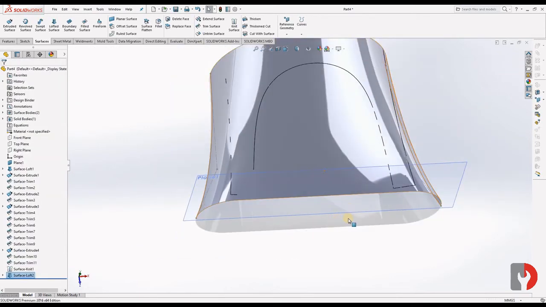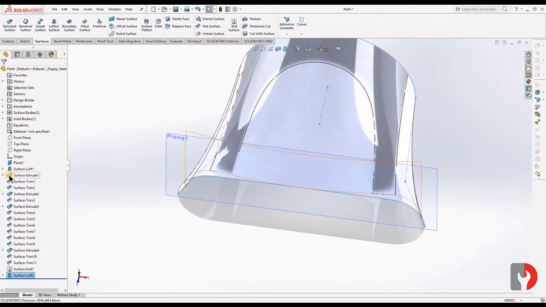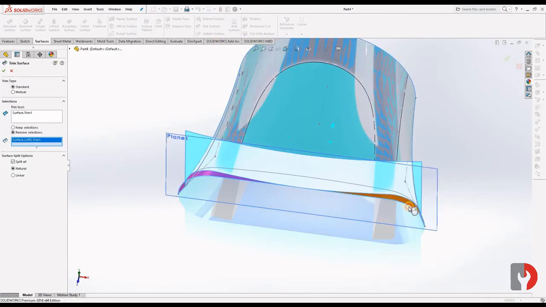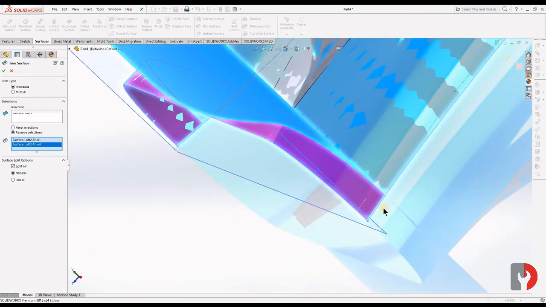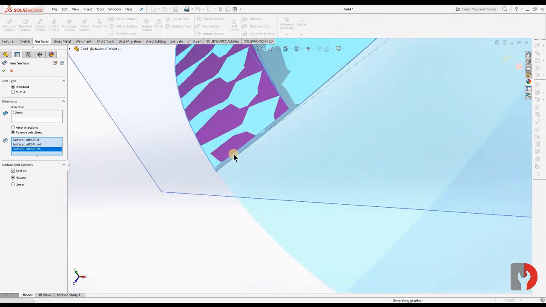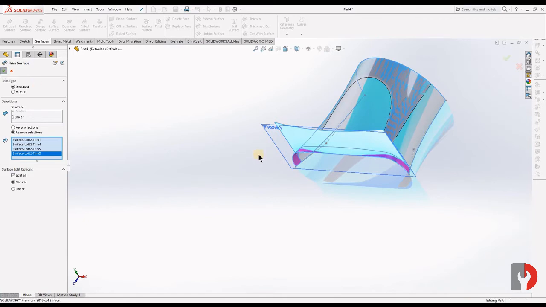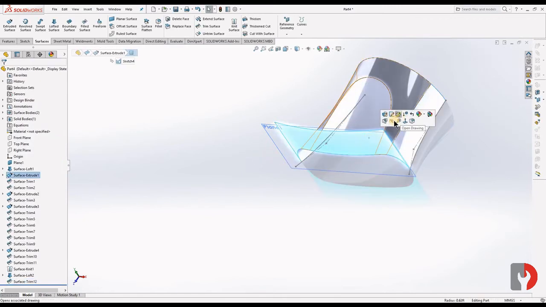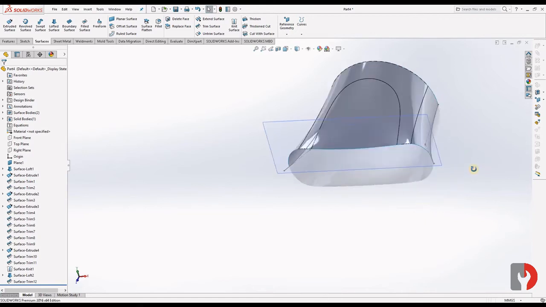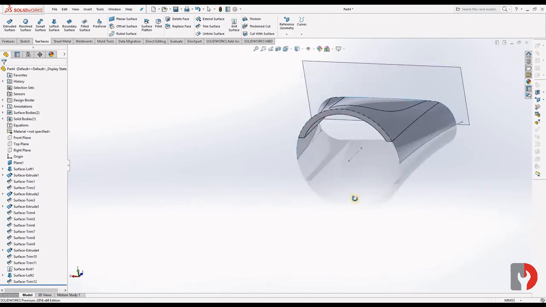Okay, now make the extrude visible, select the surface, trim unwanted surfaces. Okay, click on OK and hide it. So now we have created half of the part.